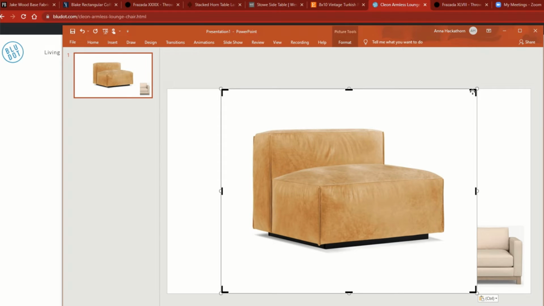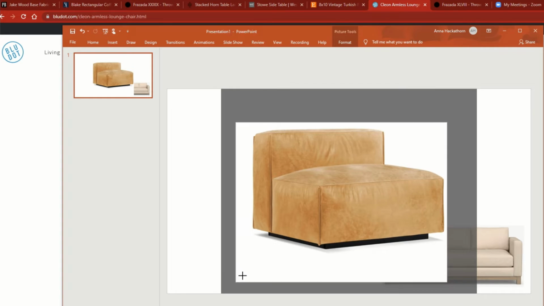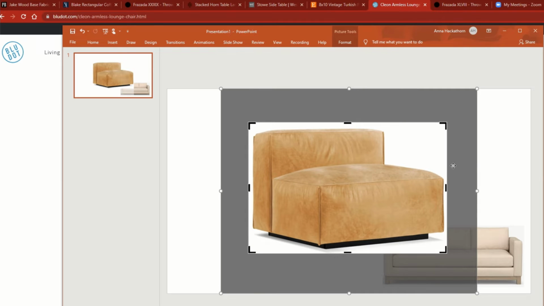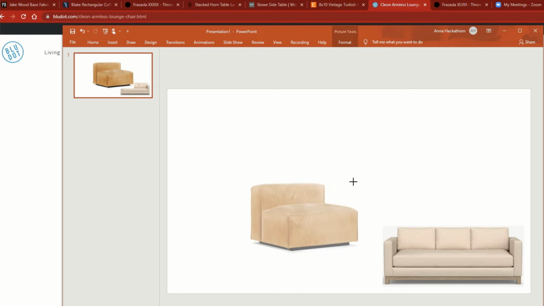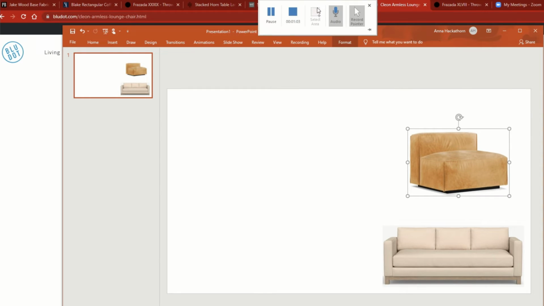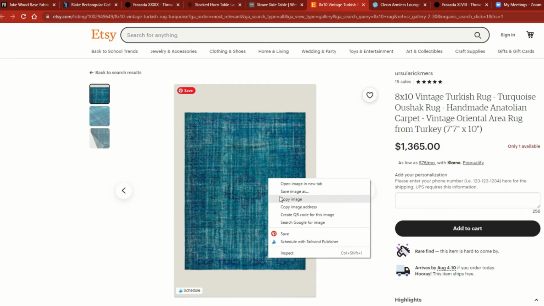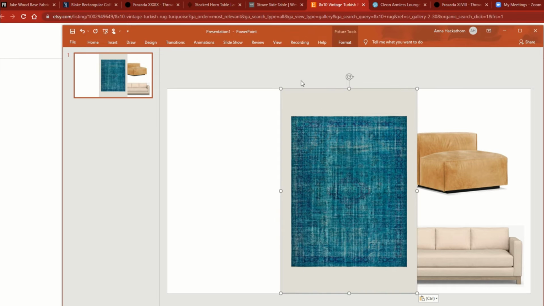There are several types of software that people like for this type of thing. You don't have to use PowerPoint. You could use Google Slides or something like that if you're more familiar with something. Click outside, go back, I shrink it, and then I drag it, and you can play around with this after also. Then I'm doing this great rug from Etsy that I found, copy, back to PowerPoint, paste,